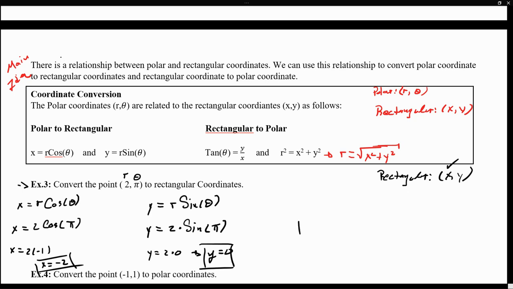So therefore, the rectangular form, or the coordinates for the rectangular point, is -2 comma 0. So the polar coordinate point 2 comma pi is equivalent to the rectangular form -2 comma 0. One way to visualize this is if I would have plotted